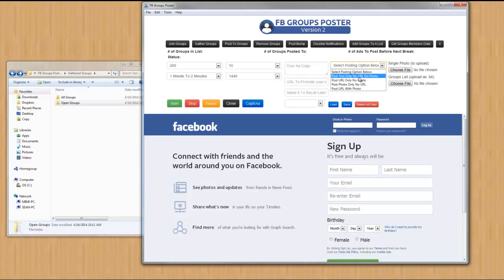You also have the option to post to groups with these 4 different options here. You could post text only, no URL, no photo; post URL only, no photo; post photo only, no URL; or post URL with photo. So let's say we selected the option to post URL with photo. Now automatically this defaults to no photo. But let's say you want to post URL with photo. So now you have to select how many photos you want to use. Do you want to post with a single photo, which means you would just use this option here and it would grab that photo,